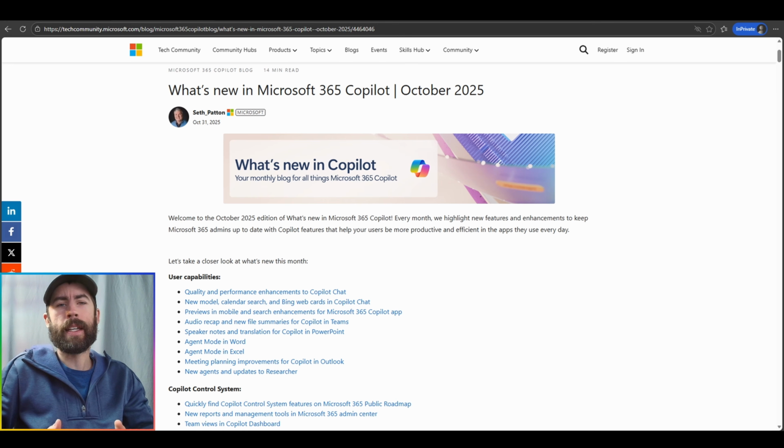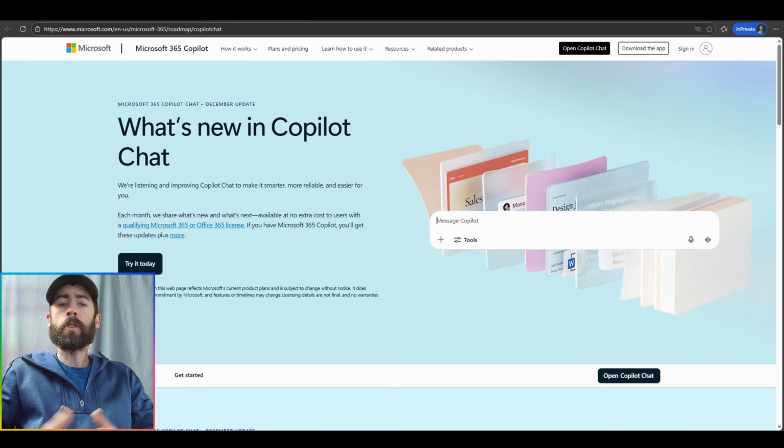So, the plan of attack for this blog post is we're going to look at all of the variety of updates. We will demonstrate those that have been actively rolled out at this time. I will also note what type of program this update would be in, whether that be the Frontier program that we're currently running with our customers, if it's generally available or in preview, or finally, if it just hasn't rolled out yet. So, starting off, to create more transparency for all of you, we've directly come out with